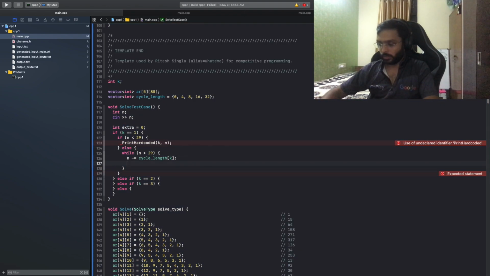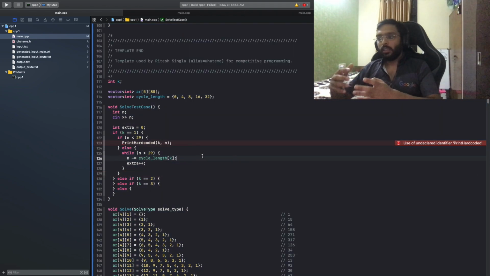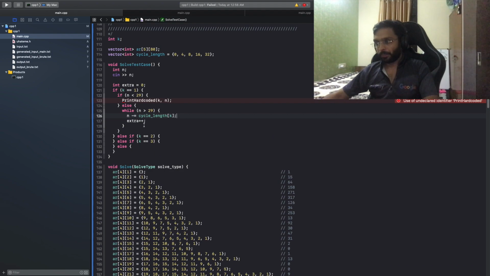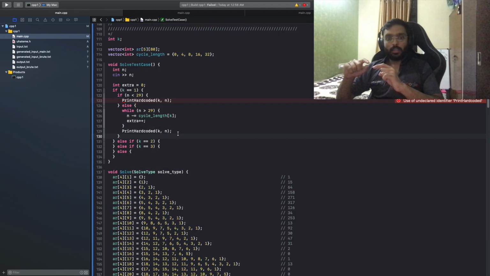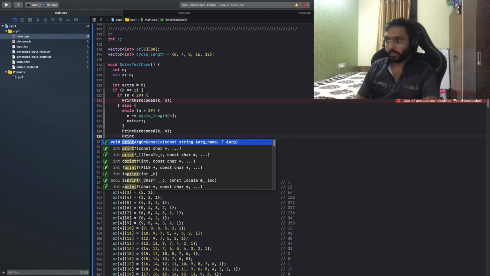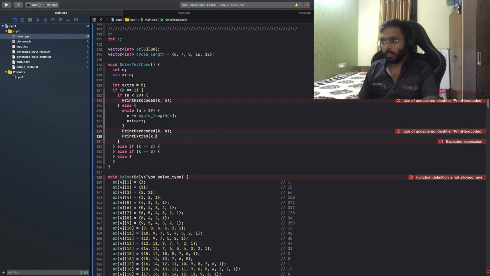and extra plus plus. So if n is equal to, let's say, 37, and the cycle length for k equal to 1 is actually 4, I will have extra equal to 2, and I will end up with n equal to 29 or something. And then I will simply use the hard-coded value. Then print the hard-coded first because it should be zero-based indexes, and then I will print extras. And how many extras do I need? For k, I need this much extra, and that's it.